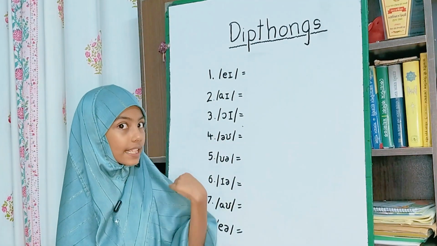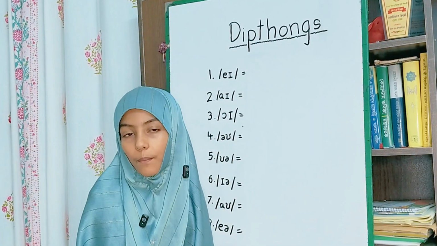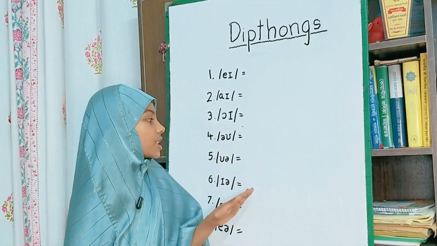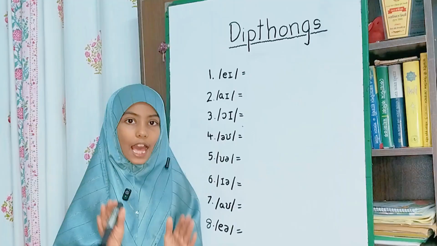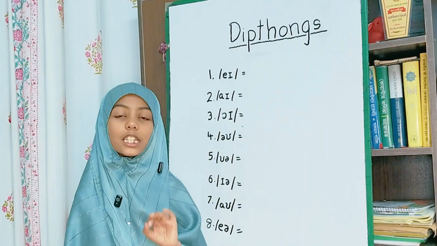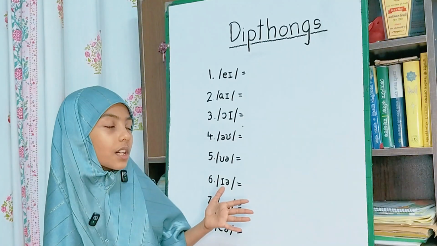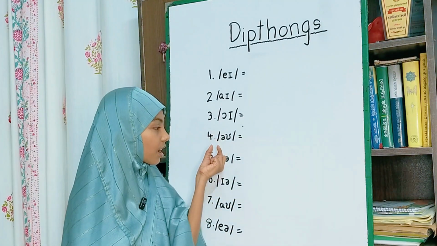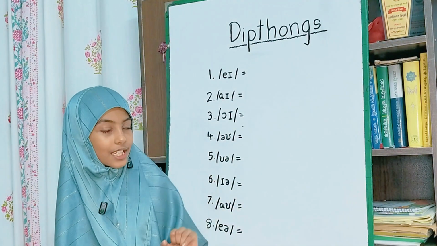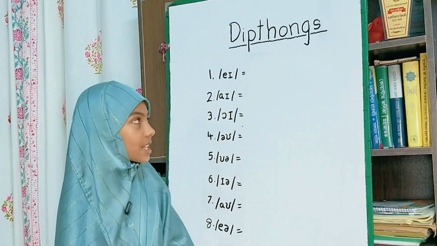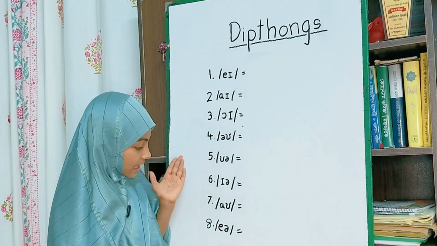Today we're gonna talk about diphthongs. There are 8 diphthongs in English. And do you know what diphthongs are? When we put two vowel sounds together, it's called a diphthong. The pure vowel sounds are also called monophthongs, but we're going to talk about diphthongs. So there are 8 diphthongs: